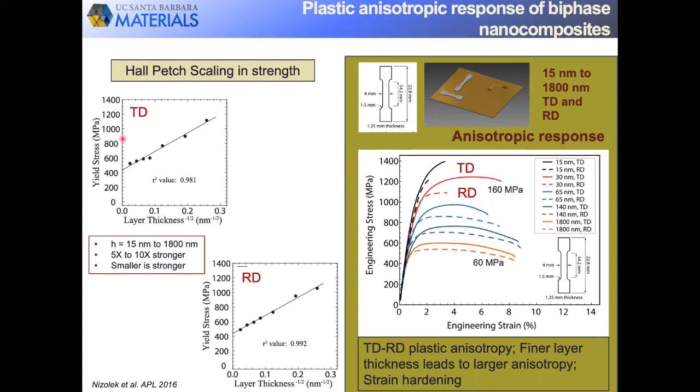So we did this analysis individually for the transverse direction and the rolling direction. In both cases, they seem to follow this Hall-Petch law. So finer is stronger. So finer layer thicknesses are stronger. Now, the main difference here, though, is that we don't see any softening in the yield stress as we get finer, and certainly these strengths are, again, outstanding compared to what you would expect for pure copper